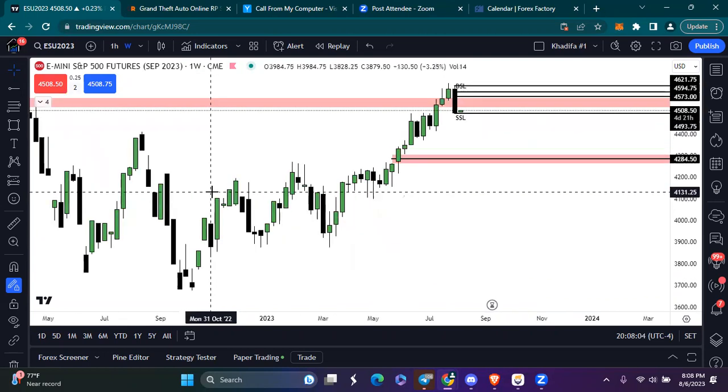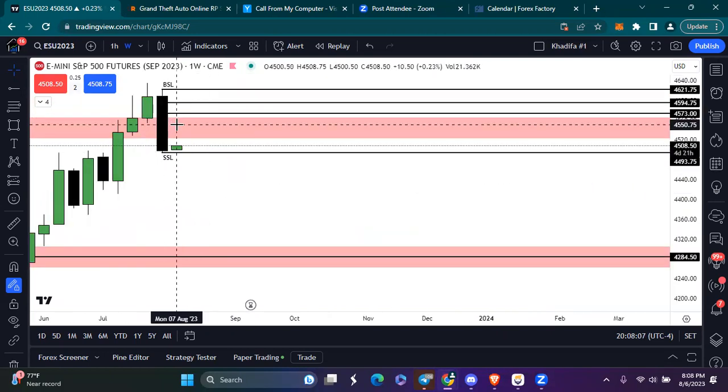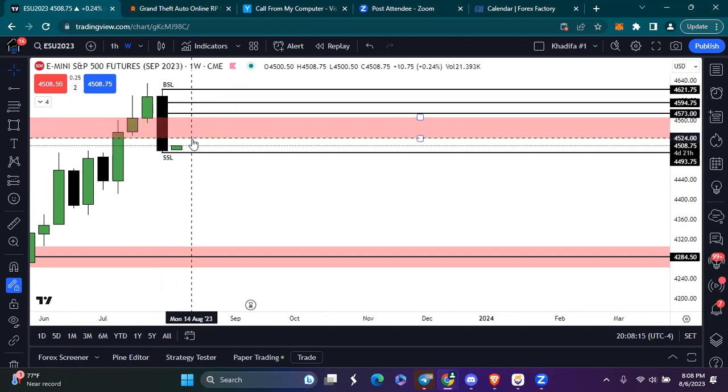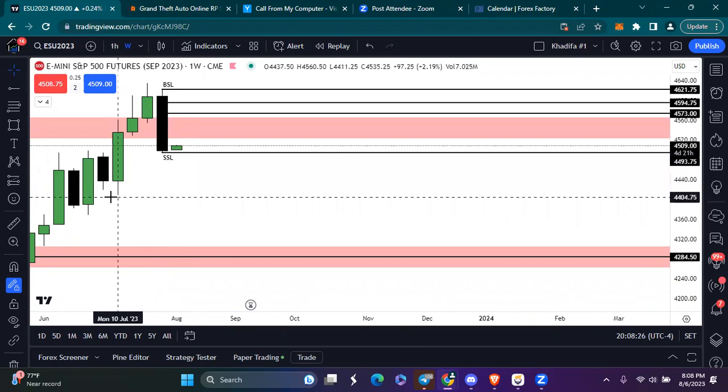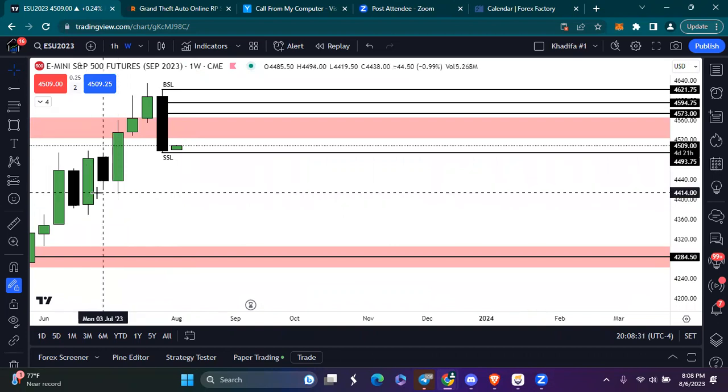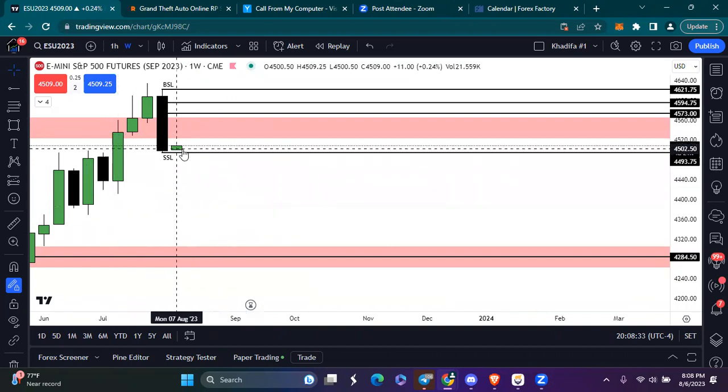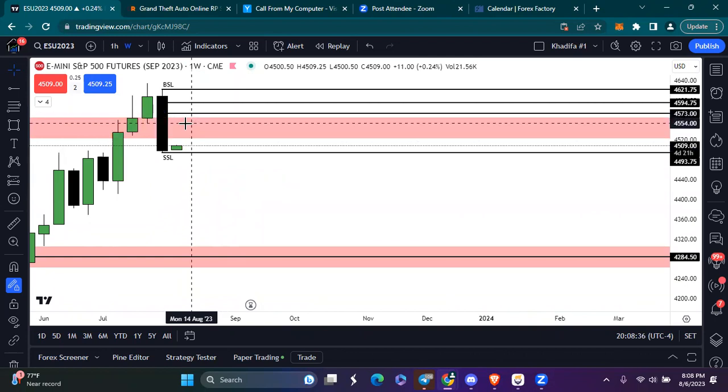We will be looking at price to show us some kind of indication that it's willing to push through that and expand higher, or respect that and expand lower to run last week's sell side liquidity and potentially the week of July the 10th sell side liquidity. But I do want to see us expand higher